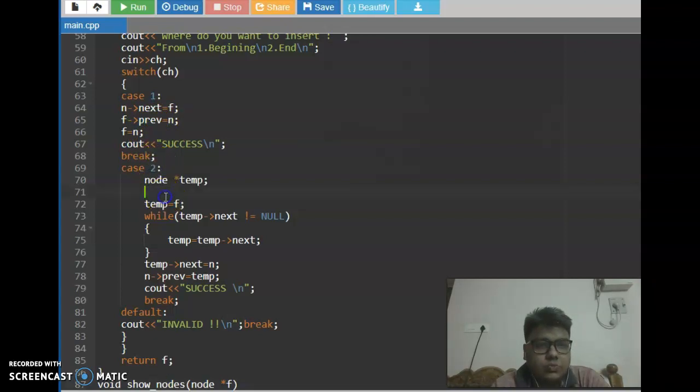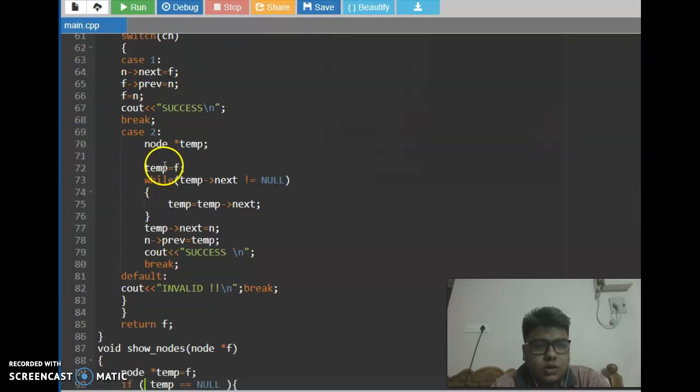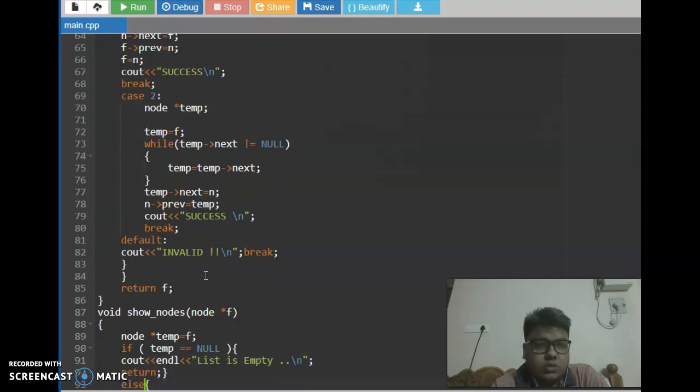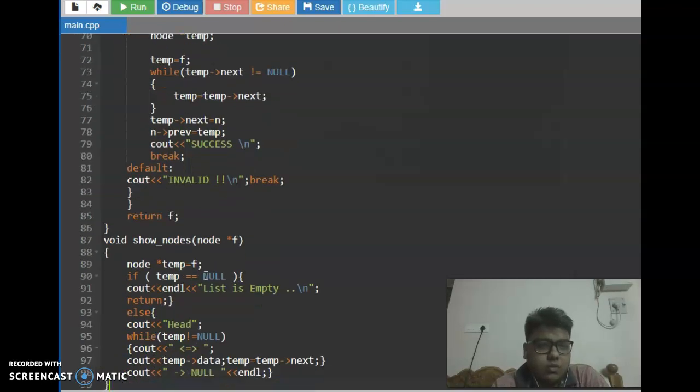Case 2: node star temp, temp is equal to f, while temp next is not equal to null, move ahead, then it inserts successfully. Otherwise default means invalid choice.